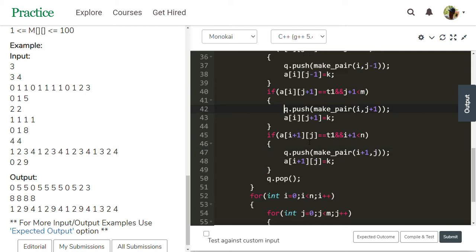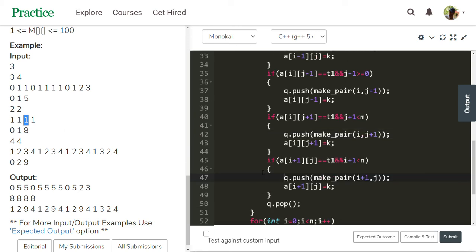A of 1, 0 is 1 equal to t1, true, and 1 less than 2 is true. So 1, 0 is pushed into the queue. A of 1, 0 equals k; this is also converted to 8. Queue pop: 0, 0 is popped out.